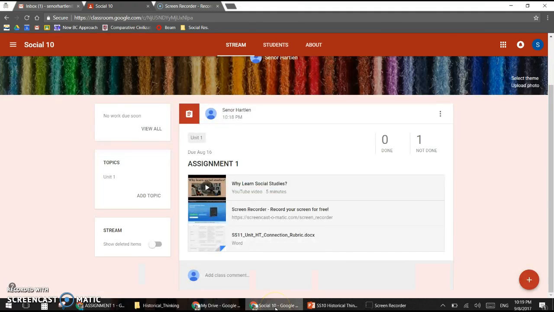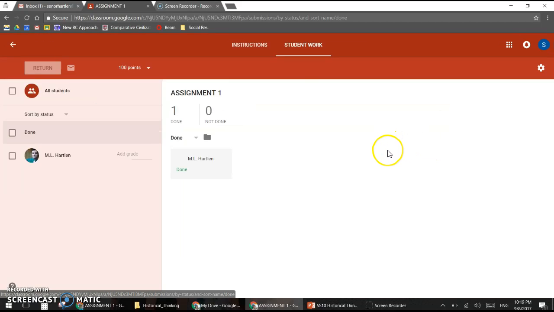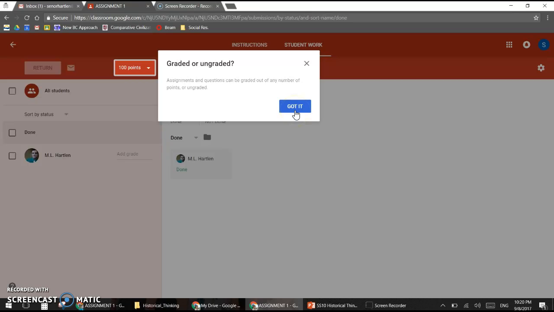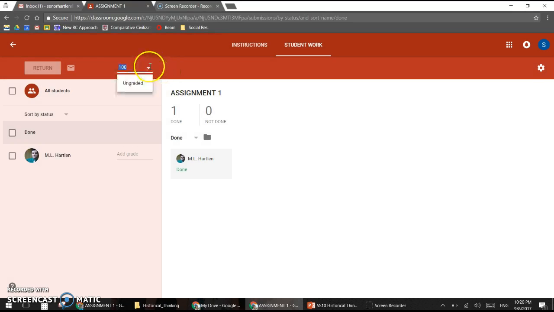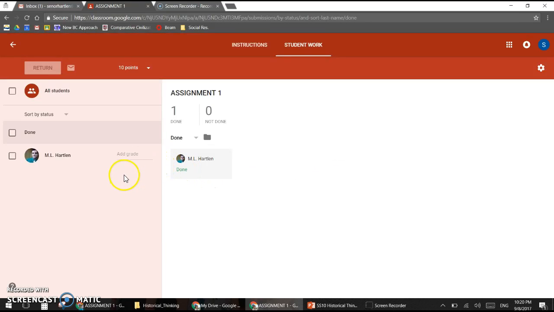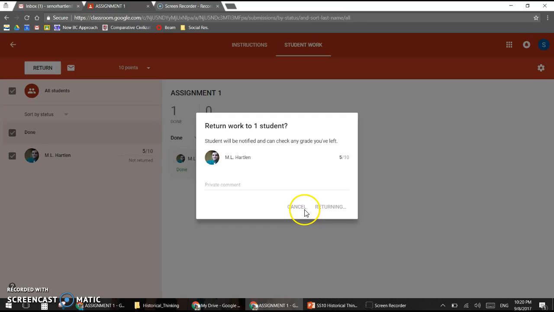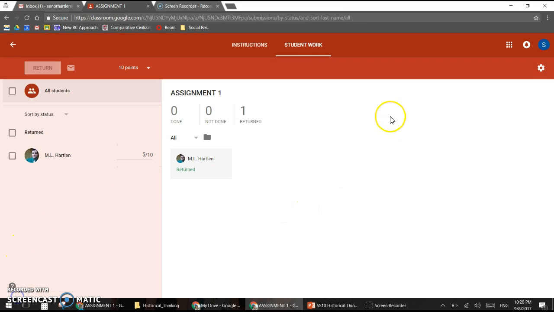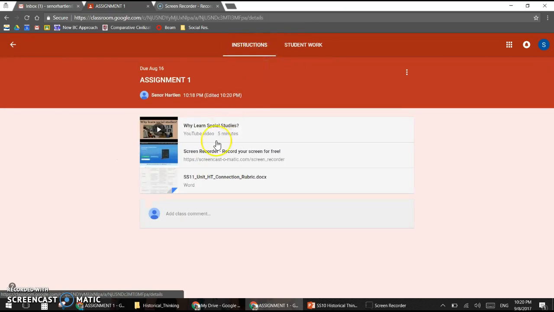Okay, so we'll go back over here, and now we see the teacher has an indication that one is done, so I can go in here now and mark it. I can set the scale to, I think Google has just changed to allow decimal points, so oh, maybe not. So I was going to say it's out of 10 points. I do simple grading and return. As a teacher, I can toggle between the instructions of the assignment and the